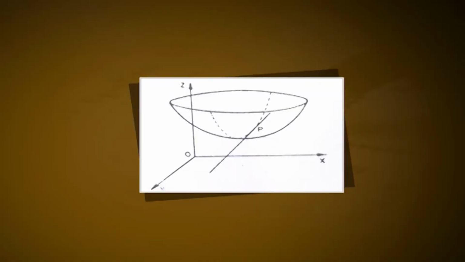The point P (a, b, f(a, b)) on the surface corresponds to the point (a, b) of the domain of the function. If a variable point starting from P changes its position on the surface such that y remains constantly equal to b, then it is clear that the locus of the point is the curve of intersection of the surface and the plane y is equal to b. On this curve, x and z vary according to the relation z is equal to f(x, b).